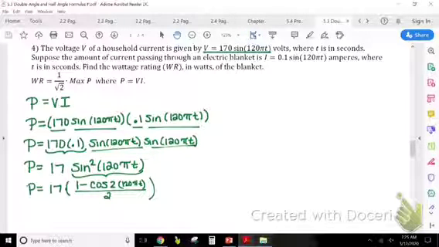And now we just need to work on this. So what do we want to do? How about, I can't cancel out the 2 because that's cosine of something. That's part of that function piece, okay? We can't do that. But what I can do is I can say, well, I've got 1 over 2 and minus that cosine part over 2, right? So let's just rewrite what's in parentheses. So this is 17 times 1/2 minus 1/2 cosine of